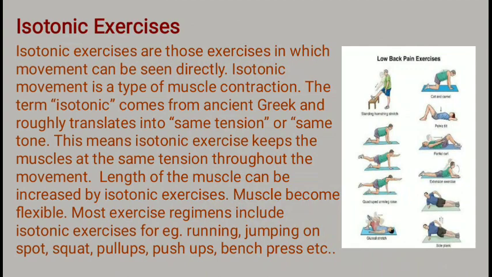You can see in the picture at the side that the first low back pain exercises are done with isotonic exercise, where the first picture shows forward bending and coming back to the position, in continuous motion. In the second picture, the person is lying down doing a half curl, then a cobra pose, then a sideward up and down position. At the bottom, they are doing curls, then a person raising the hands and legs on both sides. It is a type of isotonic exercise where there is contraction and relaxation, lengthening and shortening of the muscles.